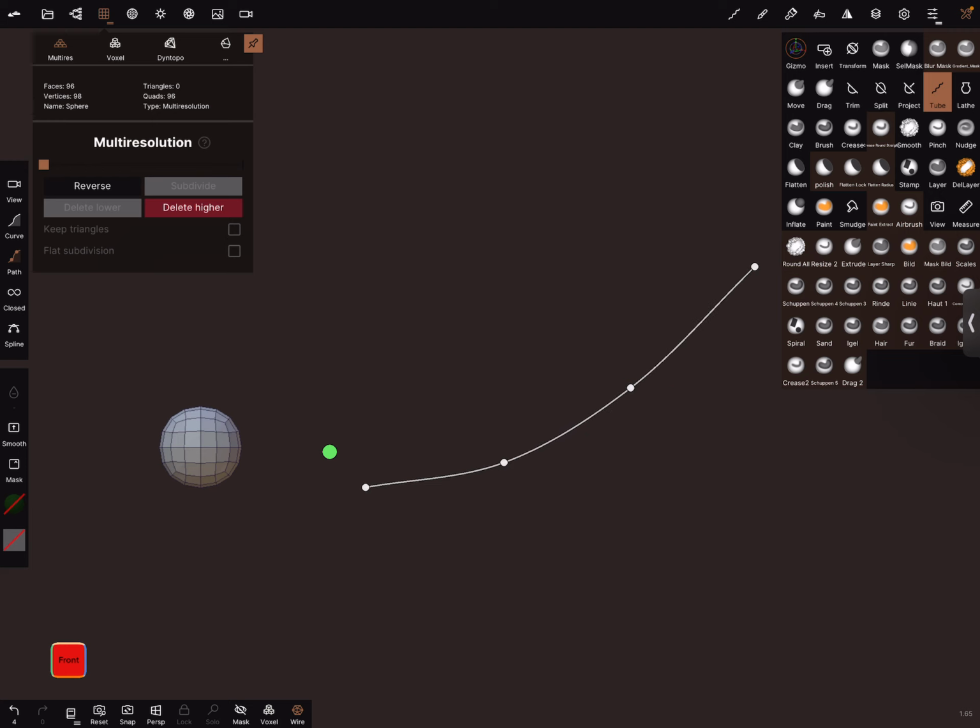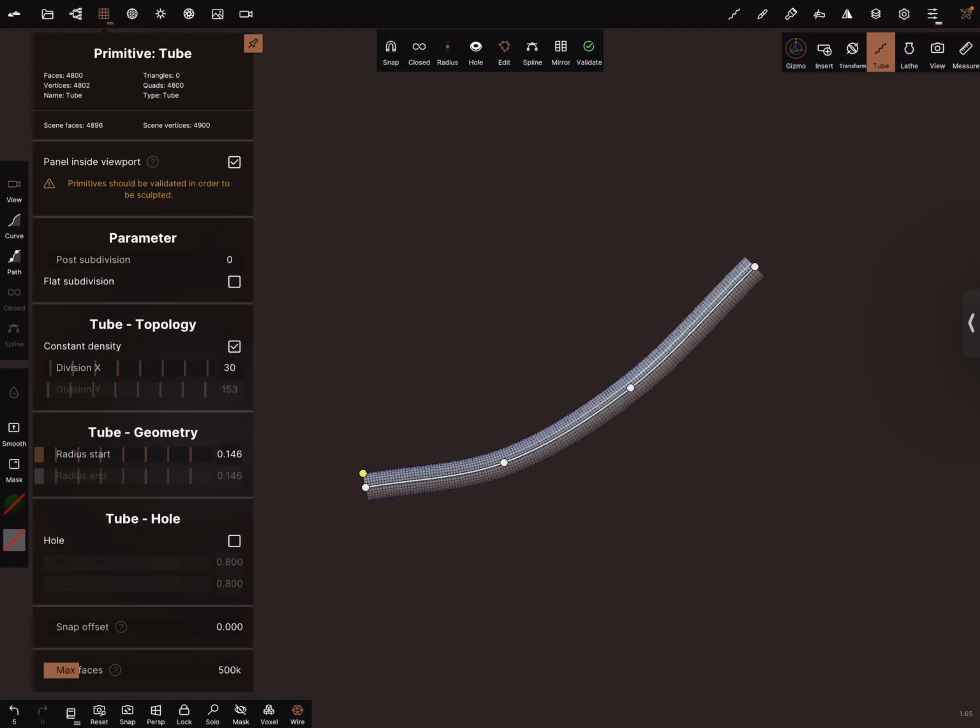The lower the poly count should be, the fewer nodes we add. In the topology, reduce it to 3, and this we also need only 3, I think. Adjust the radius, make it really thin.